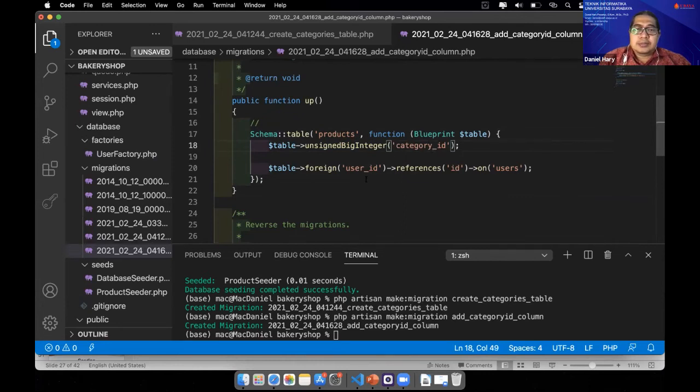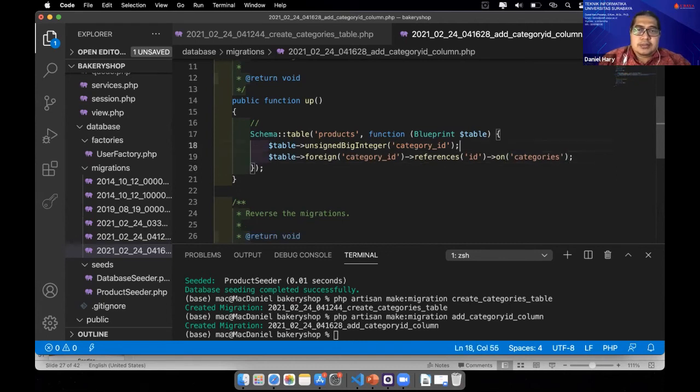Then the category ID column will be referenced with ID in the categories. This one. Okay. I will put it in the chat.